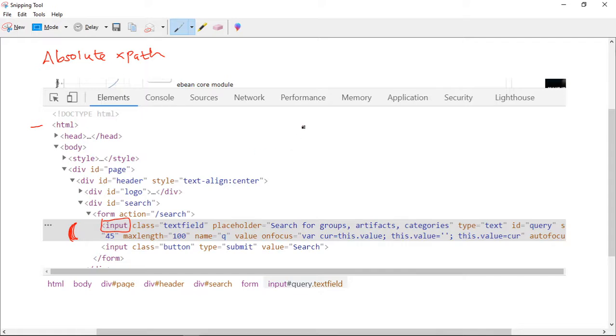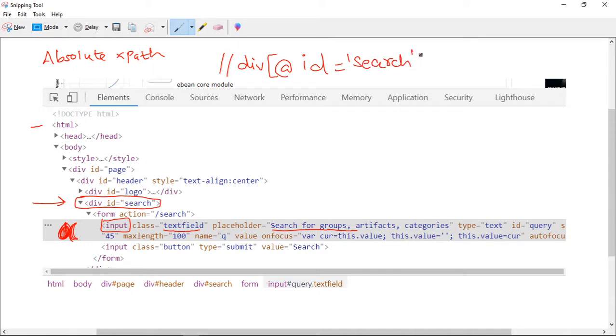So what we can do, let me write the relative XPath. I know that if I write the relative XPath for this line, that will fail our script because all the values keep on changing. But I know that this line is constant. After refreshing the page, this is not changing. div equals search is constant. So I can write the relative XPath for this line. Tag name is div, then at the rate, attribute is ID, and the value is search. I have written the relative XPath for the line which is constant.